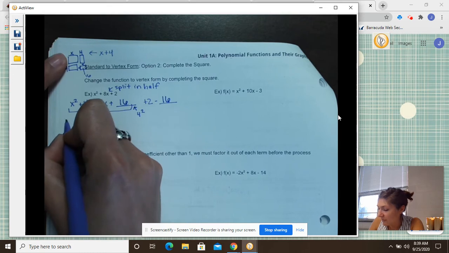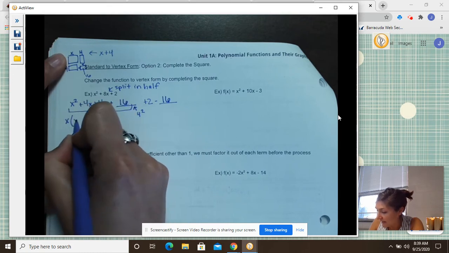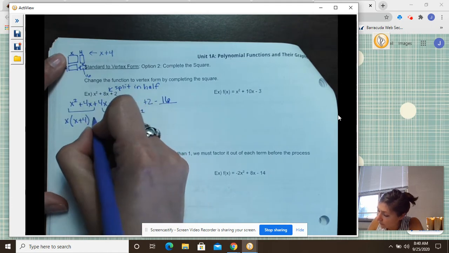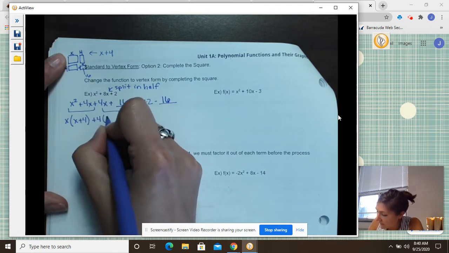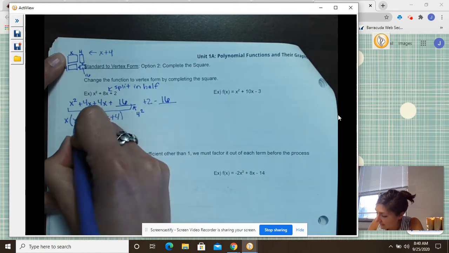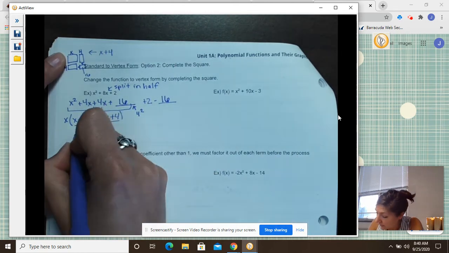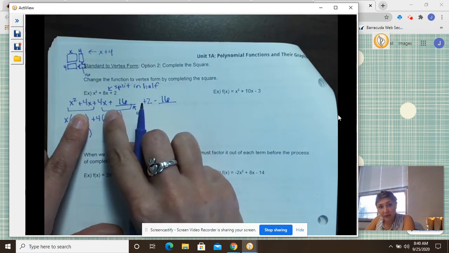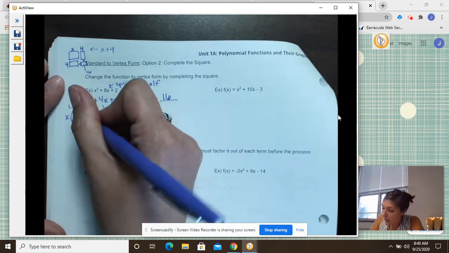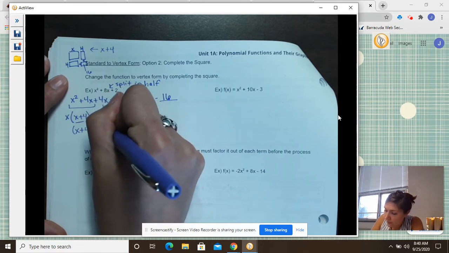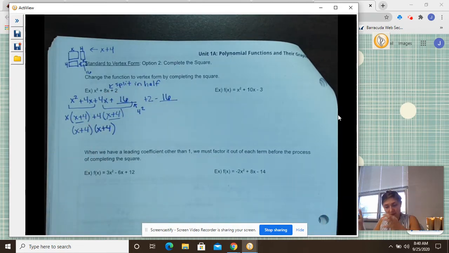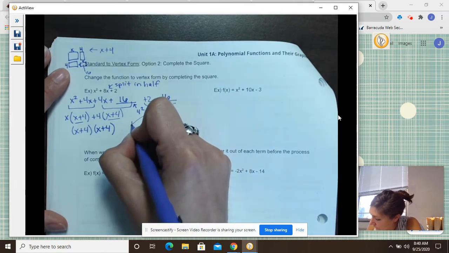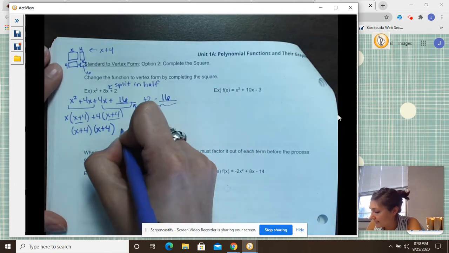So if I pull out my GCF here, that would be x. I'm left with x plus 4 when I factor that out. My GCF for that second group would be positive 4, leaving me with x plus 4. My stuff in parentheses is the same, so I can pull that out now as my GCF, x plus 4. Left over, I've got x plus 4, which I should expect, remember, because for vertex form I want the same factor twice. And then here at the end, when we combine our like terms, 2 minus 16 would be negative